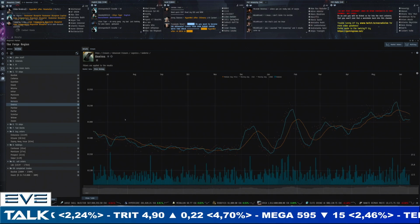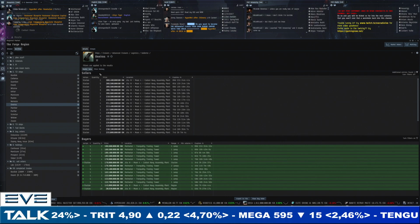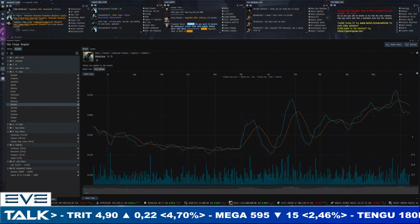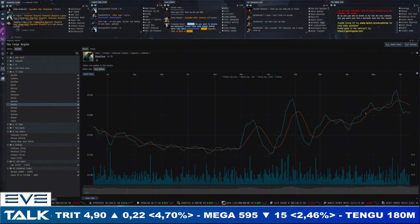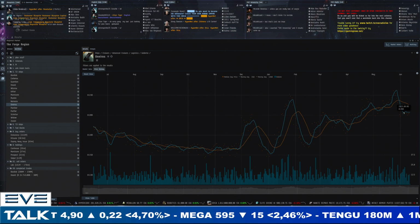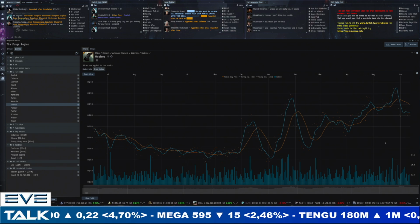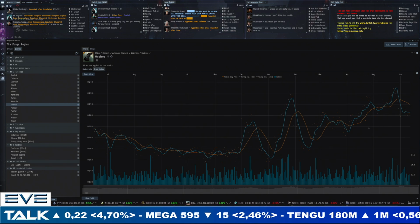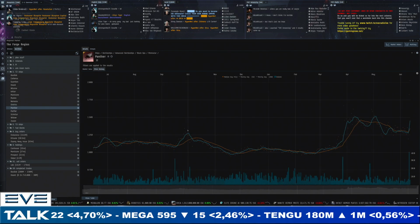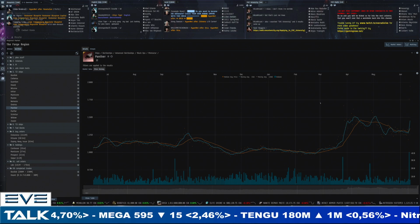Then we've got the Oneiros, flat still above 200 million, so that's not a jumping point. 210 for the sellers, 187 for the buyers. All right, no, that's still, in my opinion, a little bit too early. But you can see that quite often the premiums being paid are because there's no supply, completely dominated by the sellers, and there's always a decently large margin in all of those ships for the buyers, and so it's not super easy. Then we've got the Panther announcement that the Black Ops are changing,